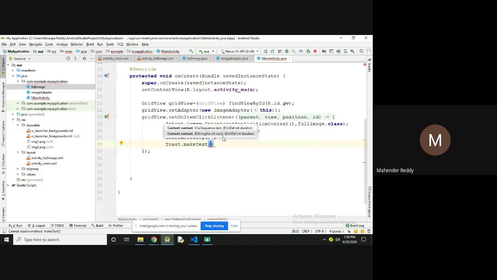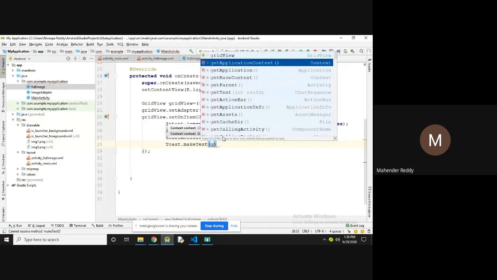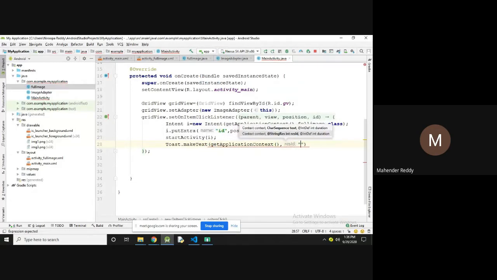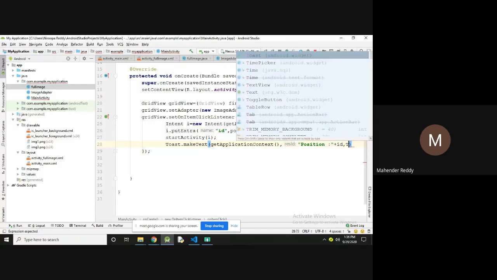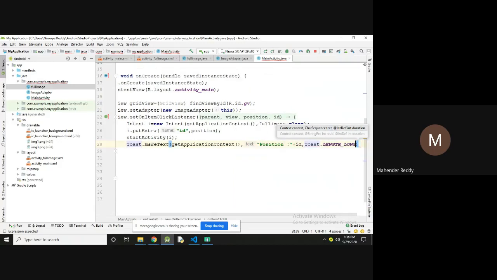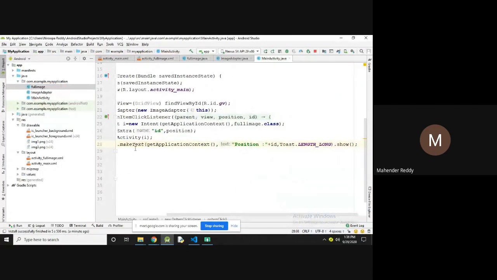Toast.makeText(getApplicationContext(), "position: " + id, Toast.LENGTH_LONG).show(). So Toast.makeText, get application context, text position colon, then it will display the id of that image.